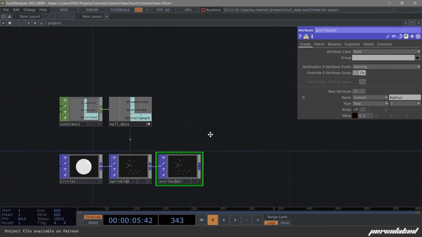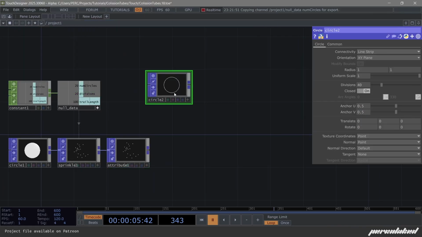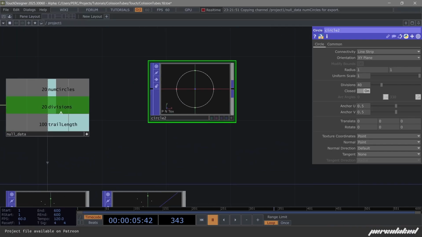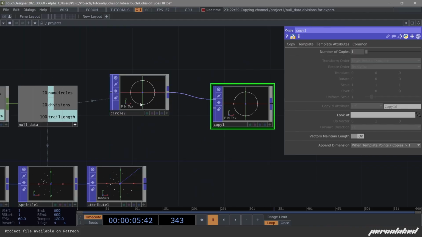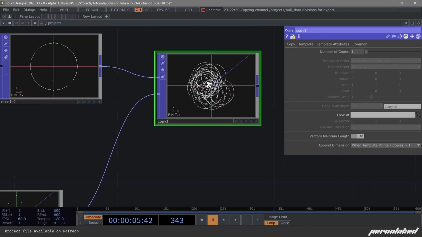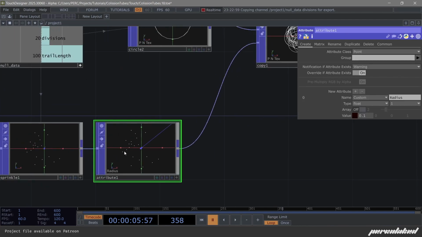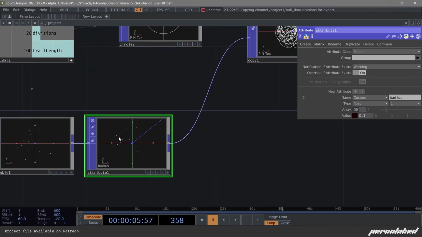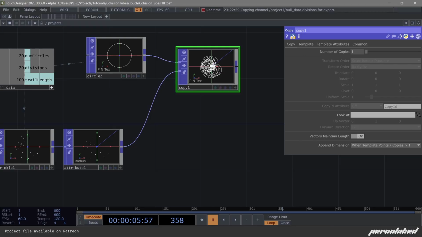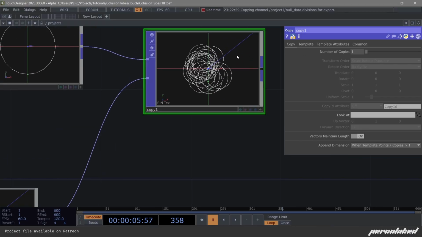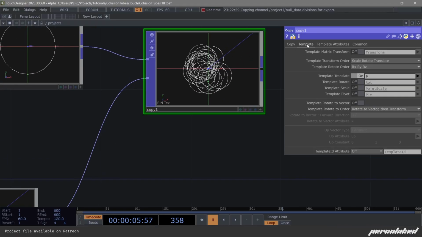and it's gonna be a float, and for now let's just keep it at like 0.1. And actually, if I get another circle and I'm gonna have it be the same divisions as our parameters over here, I can copy this circle onto those points and use that radius attribute that is being created within this pop to change the scale of each circle. I can use the template tab over here and then change the scale to use our radius,